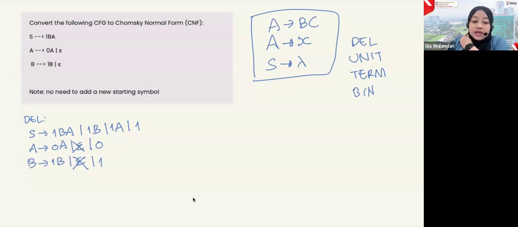So here we can remove these two epsilons by adding these rules. After adding the possibilities where A or B are changed into an empty string, we can then remove the epsilon, like this. For this step, is there any question?